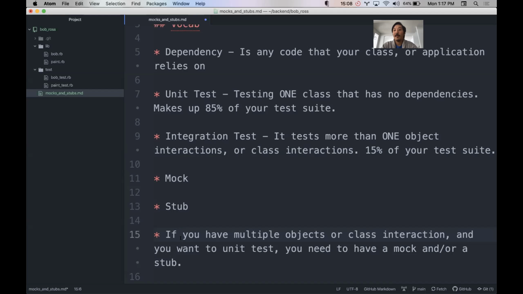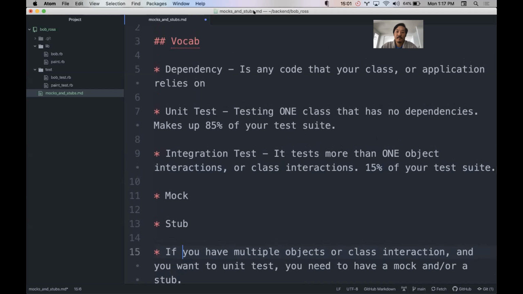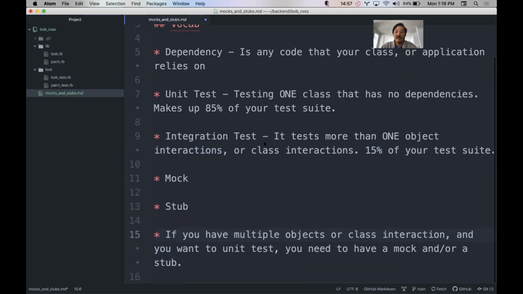I have more things to say, but I want to open up to questions for now. Are there any questions on what a unit test is? Obviously, we haven't jumped into mocks and stubs yet, but